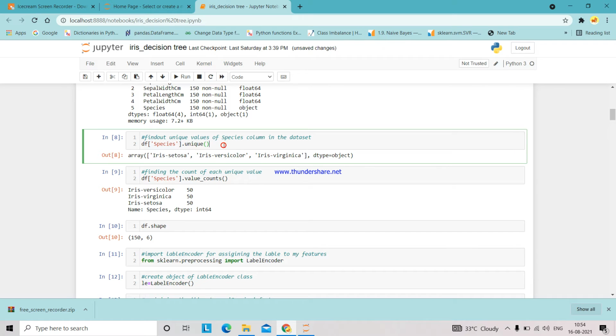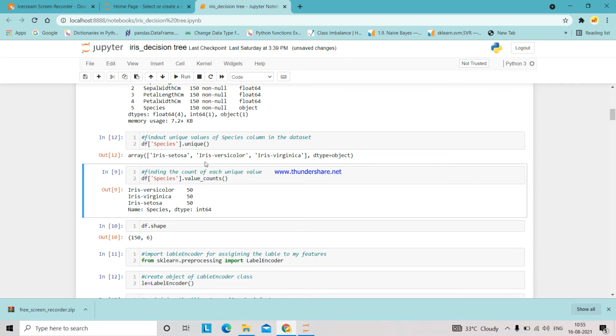Next, I want to know how many unique values there are in our target feature. What is our target? Species is our target feature. Based on the first four columns, we have to classify the species. For that, I am using the unique function. Here we have Iris-setosa, Iris-versicolor and Iris-virginica.